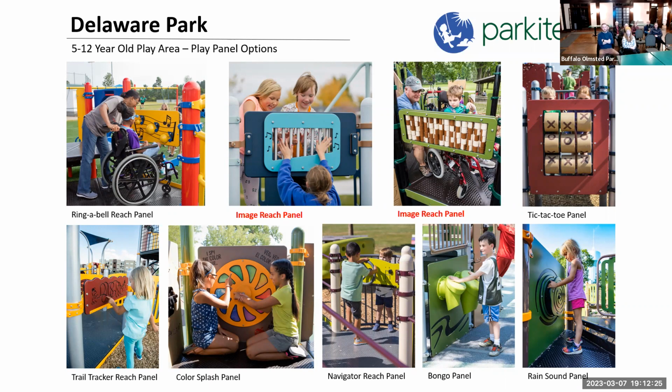Yeah, I think the rain sound sounds good. Okay. So rain sounds, color splash, ring a bell reach on 5 to 12. Did you get any feedback from them? The ring a bell already comes with the frame, right? Right, I'm just thinking it came in the frame with the pictures, but the ring a bell is already included. Yeah, it's already included, so that wouldn't even be...